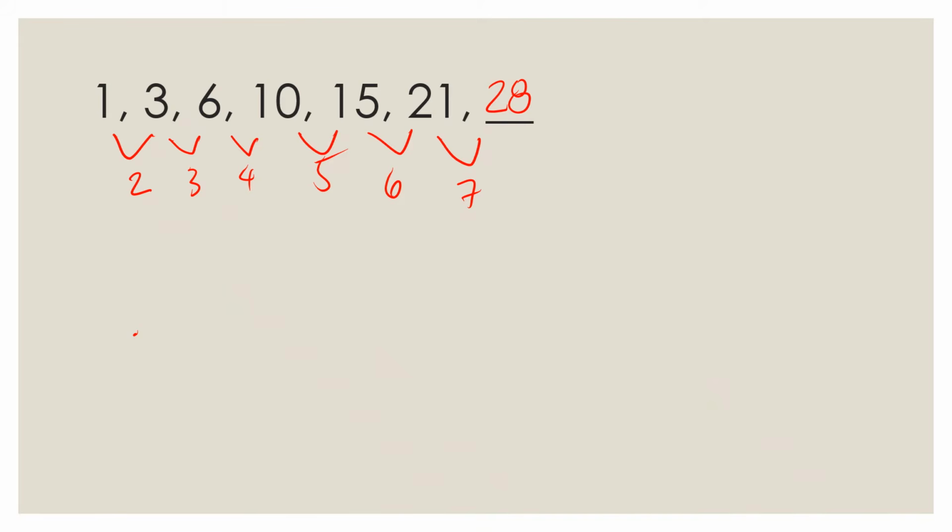Now although this seems easy, I added it in this part because there's actually a special name for this. These are also called the triangular numbers. So how are they related to triangles? Let me erase everything first. Okay, so let's say we want to form a triangle by creating some dots. This one is a triangle with a side length equal to 0. So there's basically just one dot.